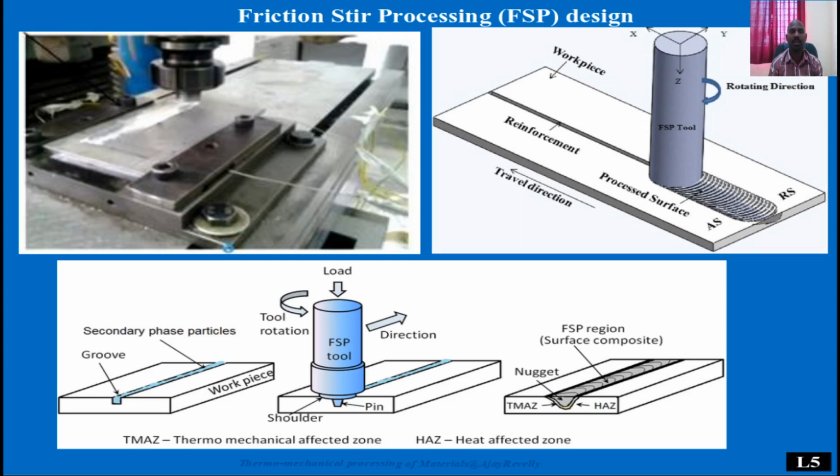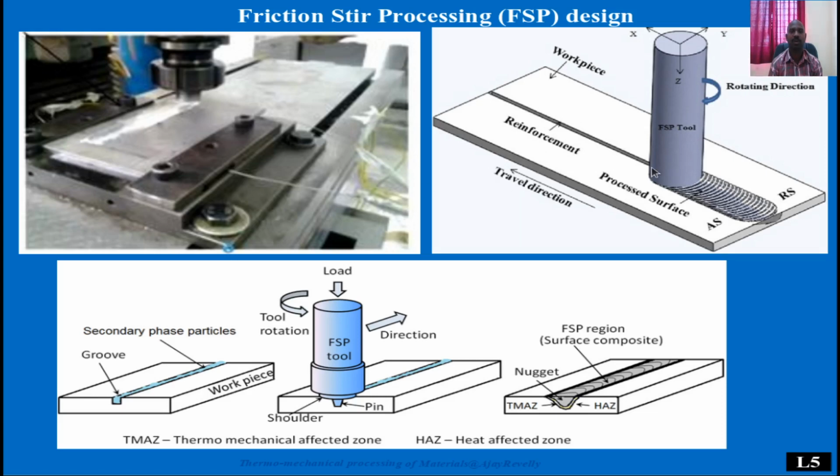First, let us see this practical design of friction stir processing. These are the bottom fixtures. This is the shoulder of friction stir processing. This is a pin. This is a workpiece which you are going to process. This is a bottom anvil. This is the top plunge where the pressure will be applied. This is the X direction and this one is the Y direction. This normal direction is the Z direction. This is a practical view.